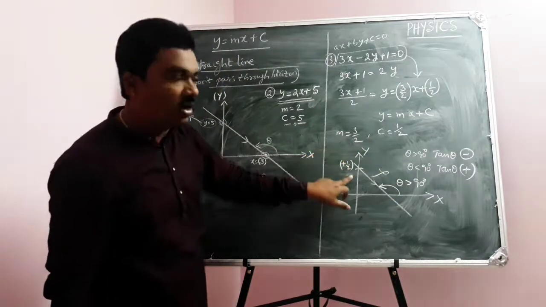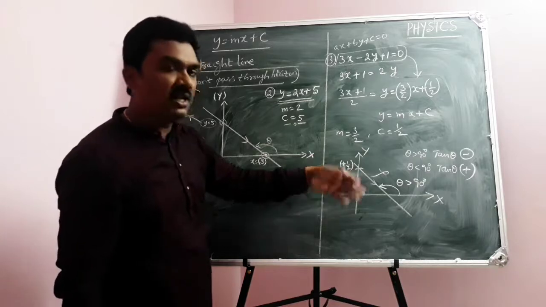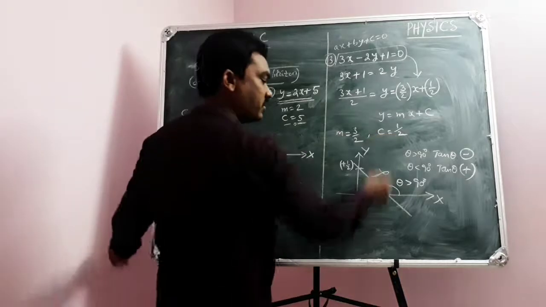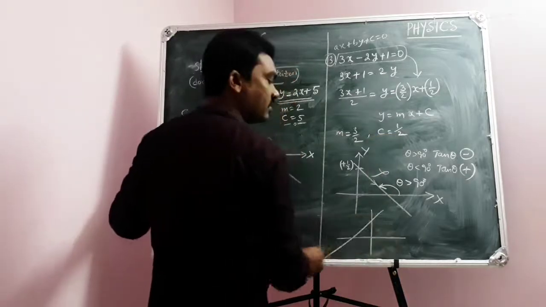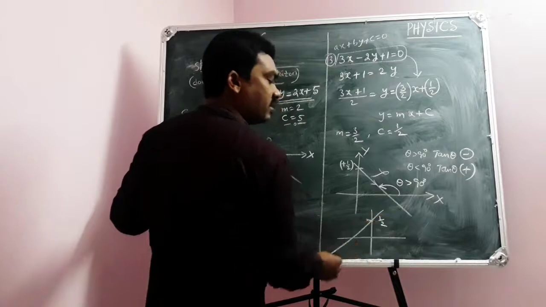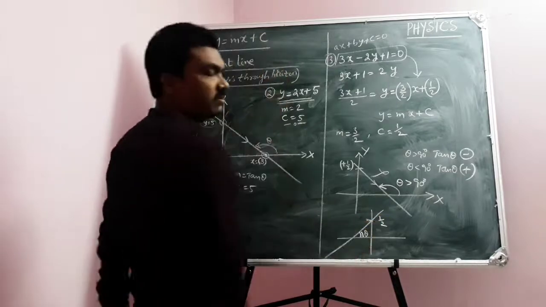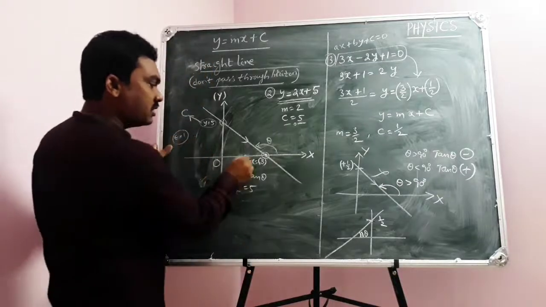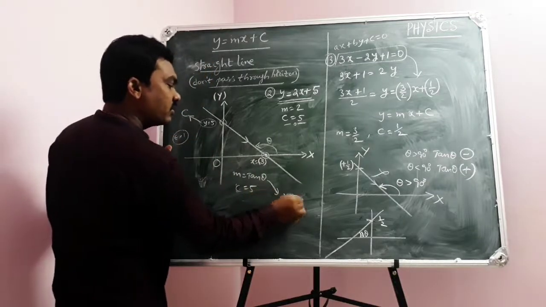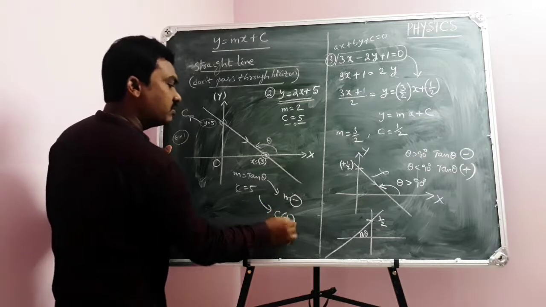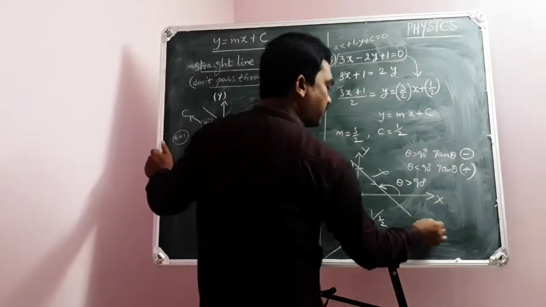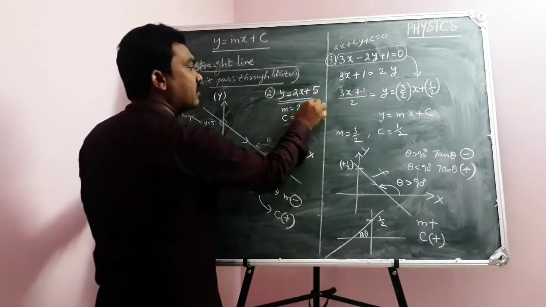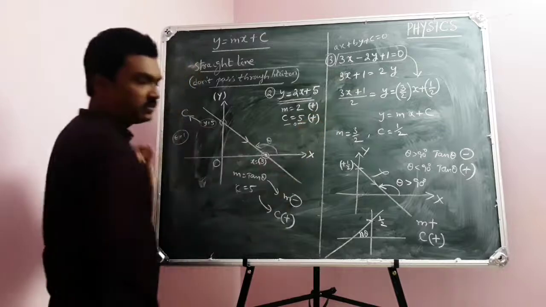Then your straight line should not be like this. Your straight line should be in such a way that the angle is less than 90. Of course, y-intercept positive means your straight line should be like this. The y-intercept is 1 by 2, but here this angle is less than 90. Then your slope can be positive. Similarly, in this case, your slope is negative and y-intercept is positive. But here your slope is positive, y-intercept also positive. See the second example: your slope is positive, y-intercept positive.